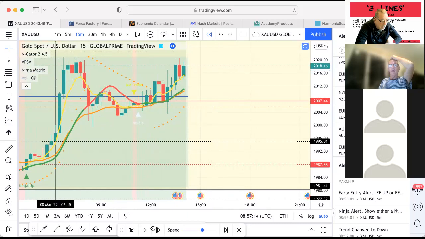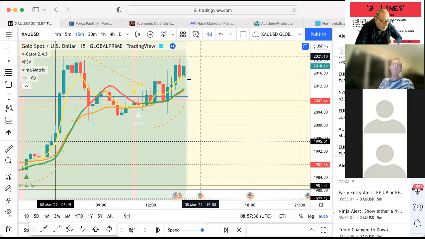So let's just move forward. So that was sort of the end of my session. I finished about 2 o'clock-ish, and left people with that theory that if it broke out, don't jump in straight away because it might be a fake out. Wait until a candle closes outside that area and then think about getting in. So if I move price on,